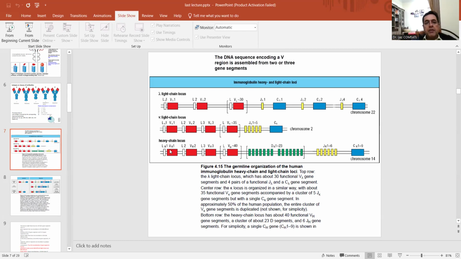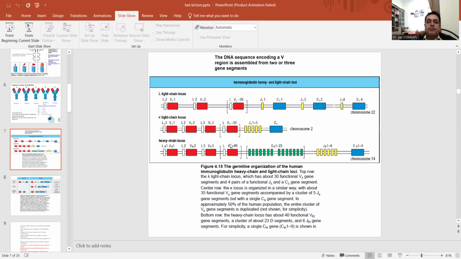Similarly, if you take the heavy chain, again, there are similar types of sequences, and in addition to the variable sequences, there are diversity sequences as well. In the heavy chain locus, VH1 means variable heavy chain 1 gene segment, VH2 means variable heavy chain 2 segment. So these are different segments, all of them present on chromosome 14. How many different segments of variable regions have to be combined with each other? There are about 40